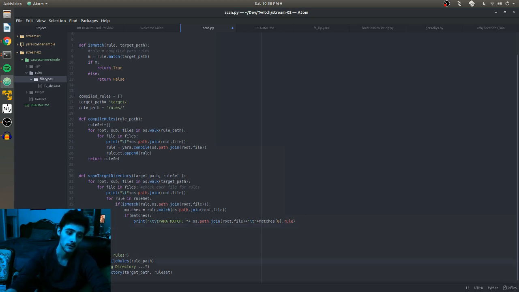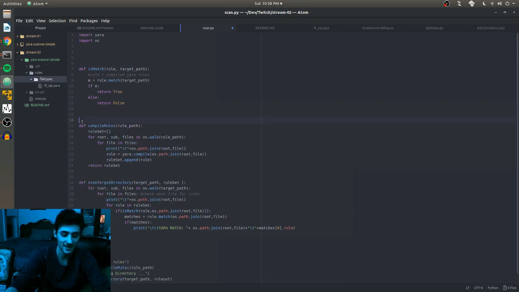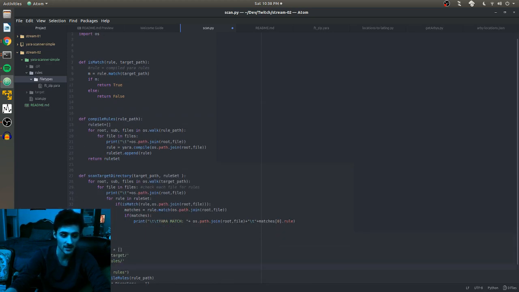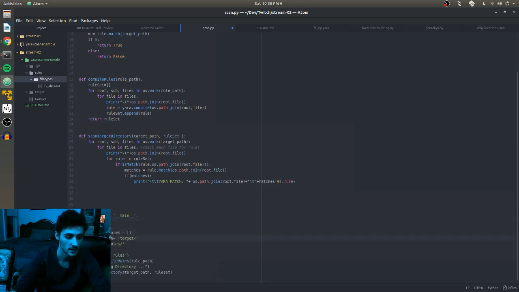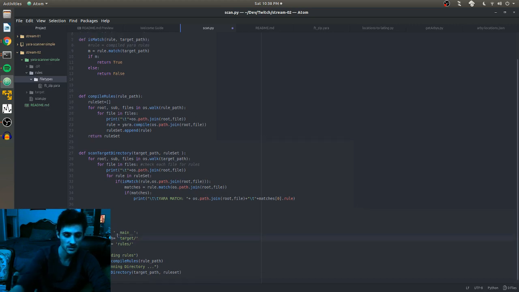But yeah, so we compile the rules. So here's the variables. This is real messy, and I'm gonna clean this up, and eventually, well, we'll see. I don't know. So we have an empty set of compile rules that is never used. And this is why I should check over my code before sharing it with people. Oops. But, yeah, okay, so target path is a local path, and we can see right now what I have